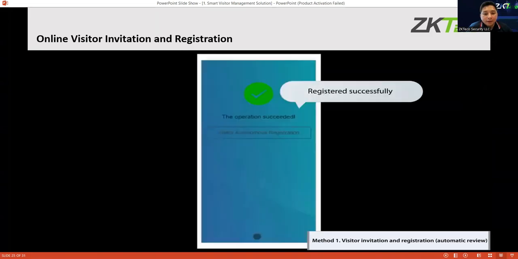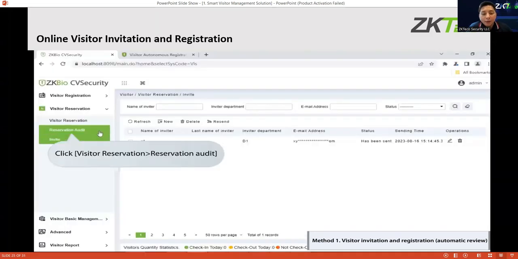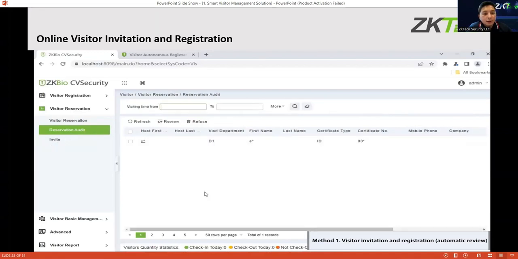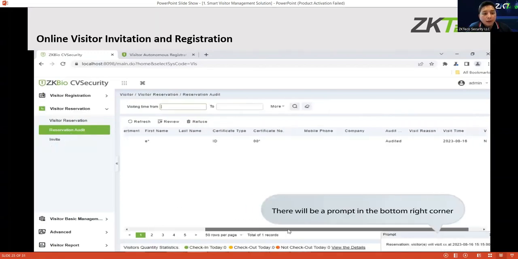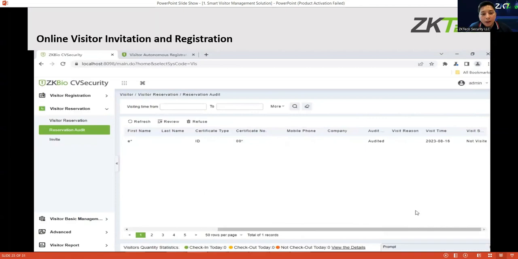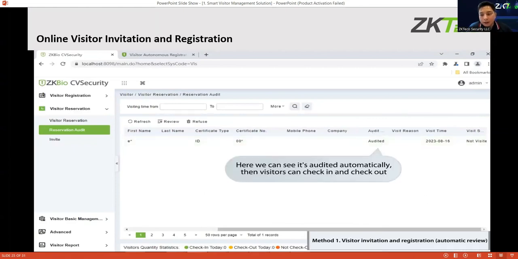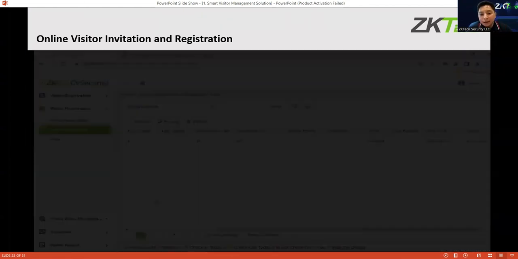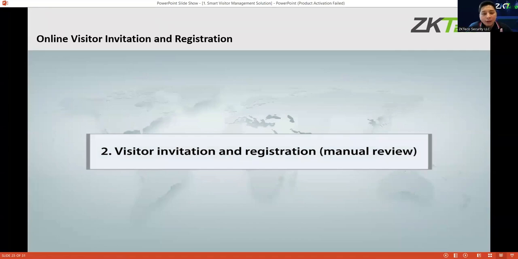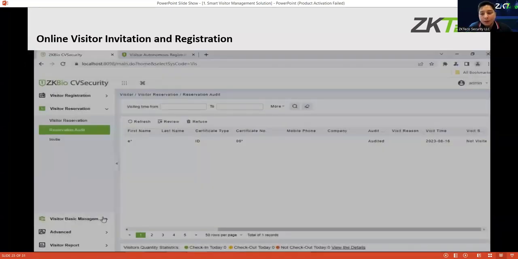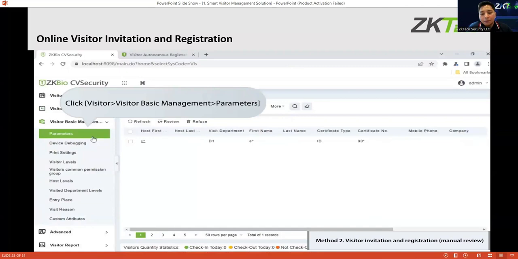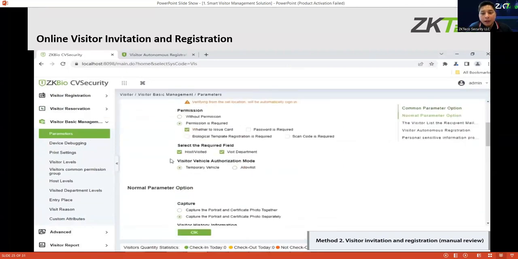See, it's very simple registration. After that, you can see the reservation audit. It's been audited automatically, meaning to say, the visitor can visit the premise without any auditing by the administrator.